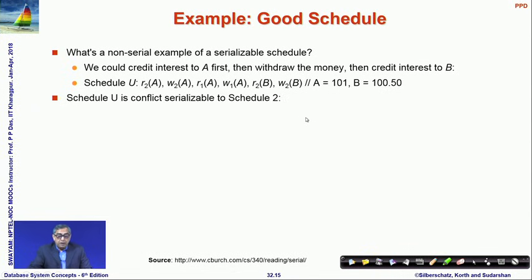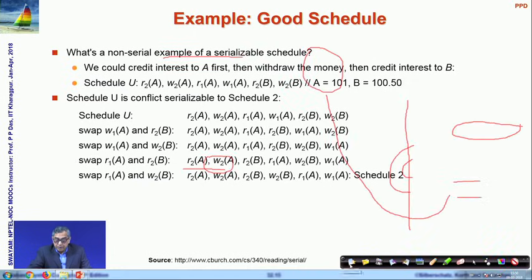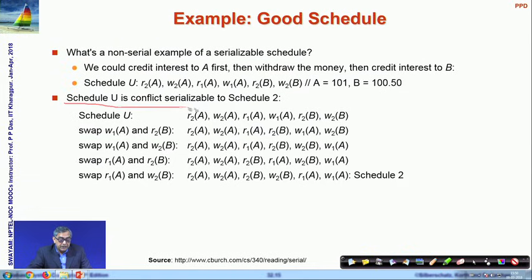Again, by the data it looks like this is correct, but we have to actually establish that. We can establish that by proving that schedule U is conflict serializable to schedule 2. How do we do that? We keep on swapping the non-conflicting instructions. So, this is the one we start with, and we swap